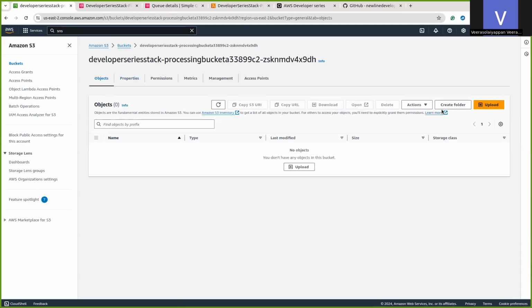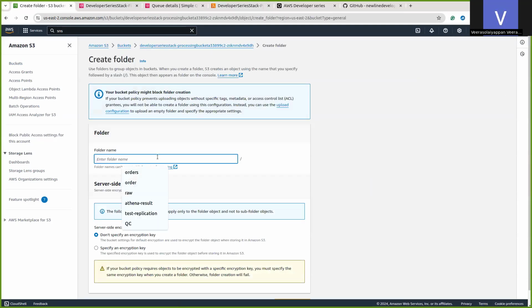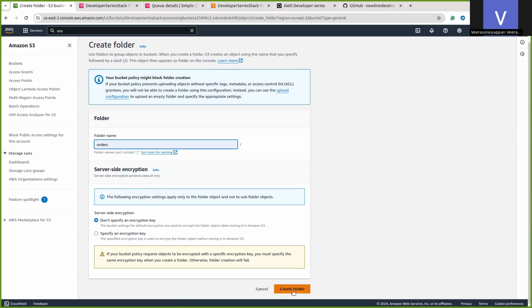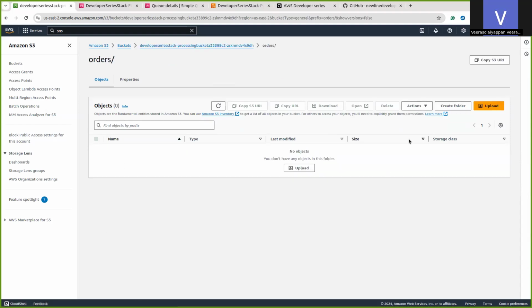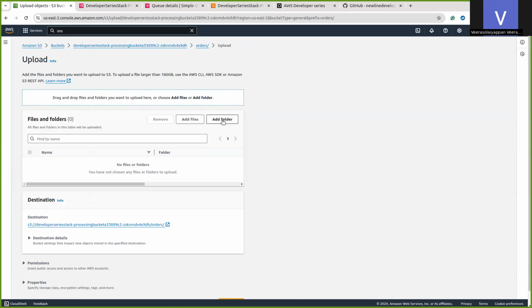Now let's create the folder and upload the file. Orders. Under the orders folder, let's upload, add files, some amount of data.